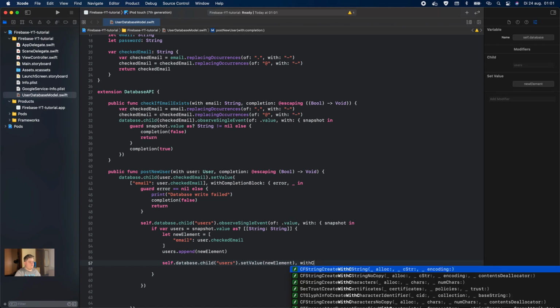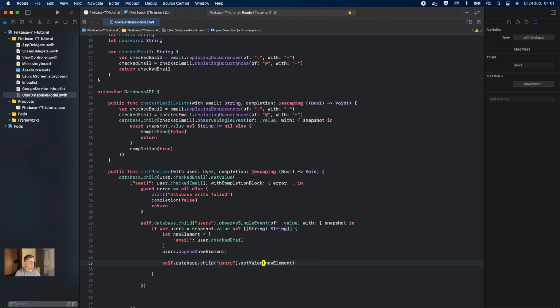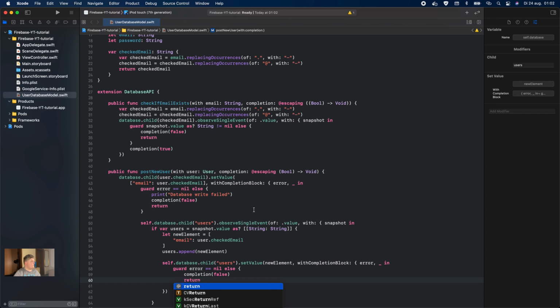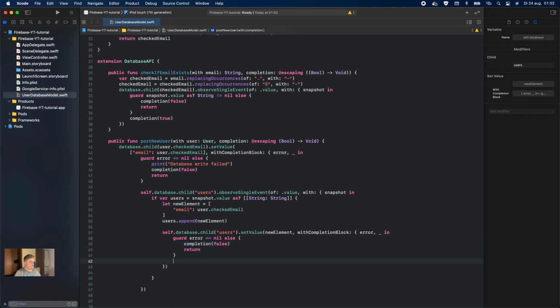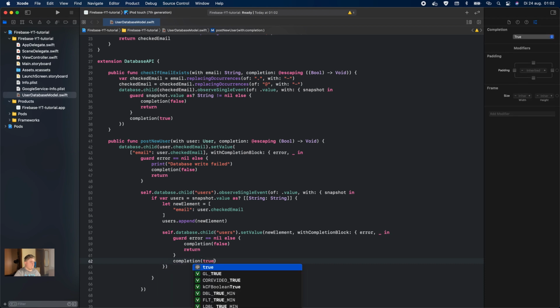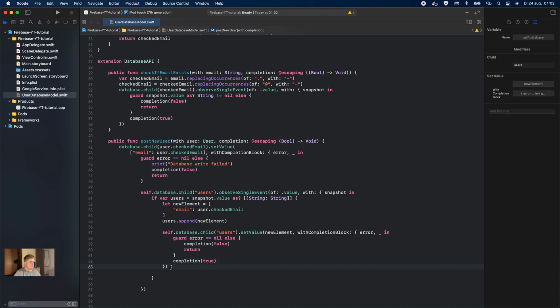comma with completion, no, wait a second, we have to put that in here, with completion block, error comma underscore in guard error is equal to nil, else completion false, return. And as last but not least, under here we're going to add completion is true. Okay, then we're going to go to this parentheses, the parentheses that's closing the if var users, else